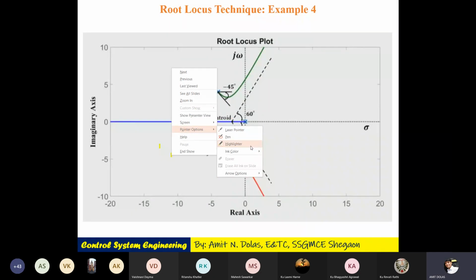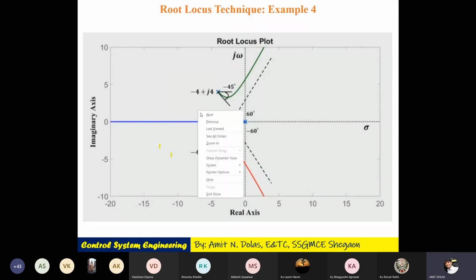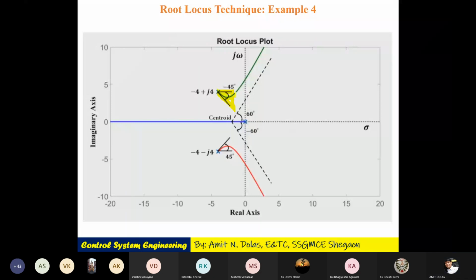is one, so one is going in a straight line towards minus infinity, from 0 to minus infinity. But another minus of angle of departure were two angles, that is minus 45. So pole will start, this is the 0 line, and this is minus 45 degree angle. You can see this is minus 45 degree. So this will start like this with an angle of minus 45 and will move towards infinity, towards the asymptote angle.